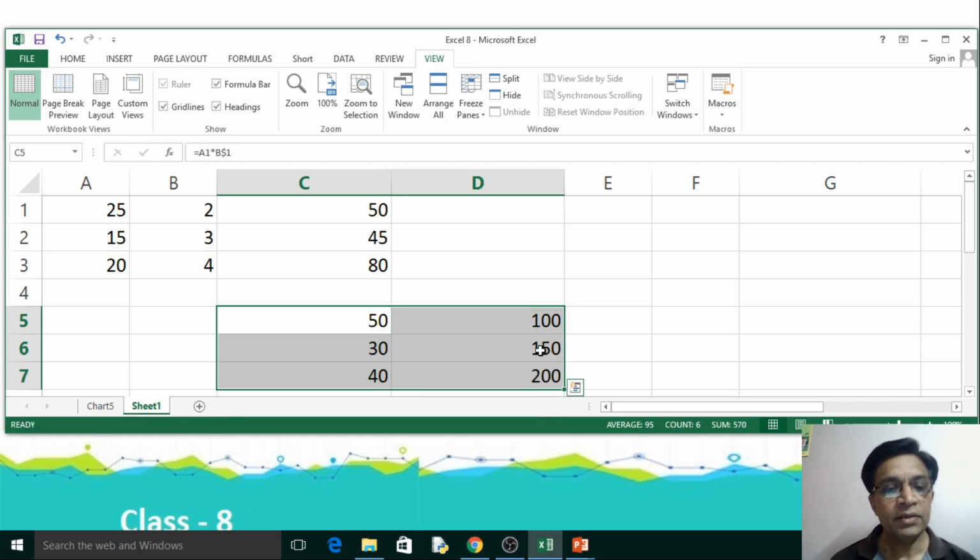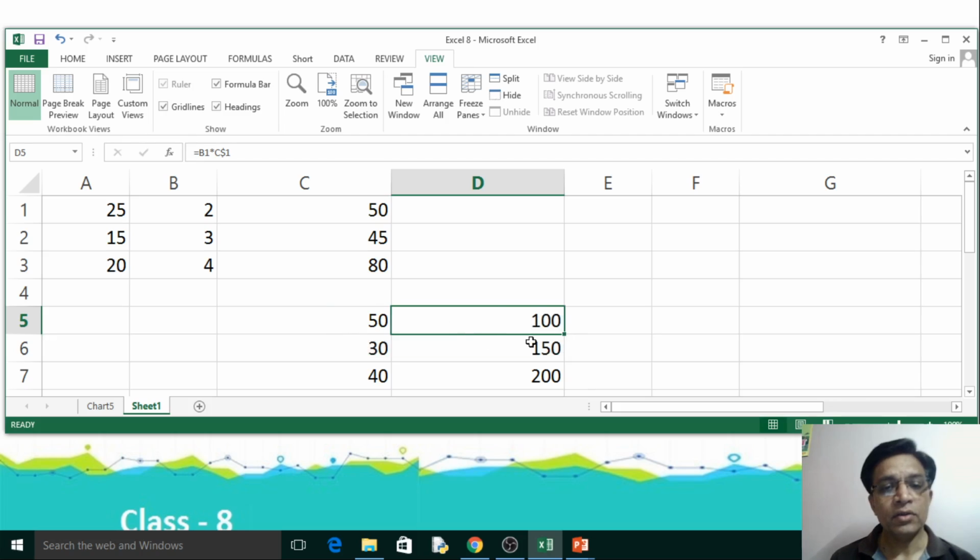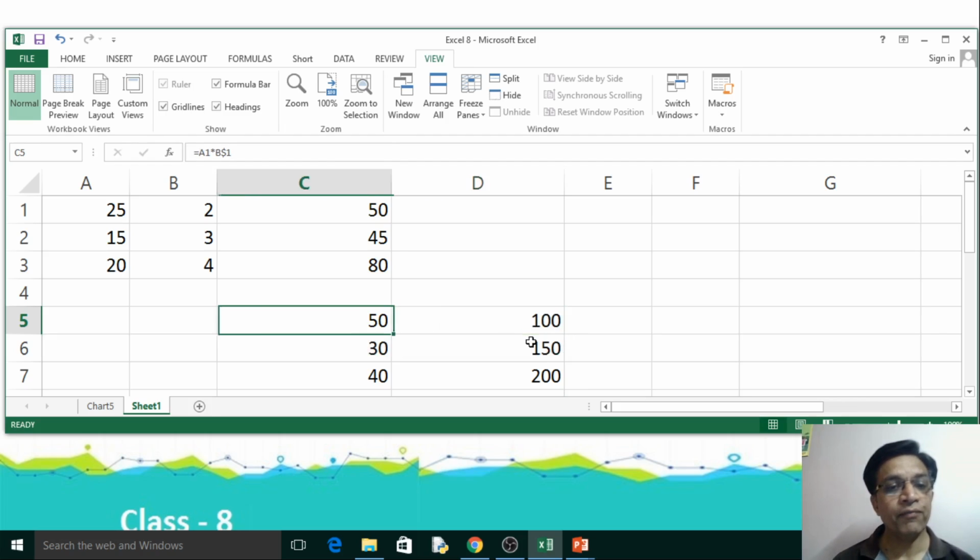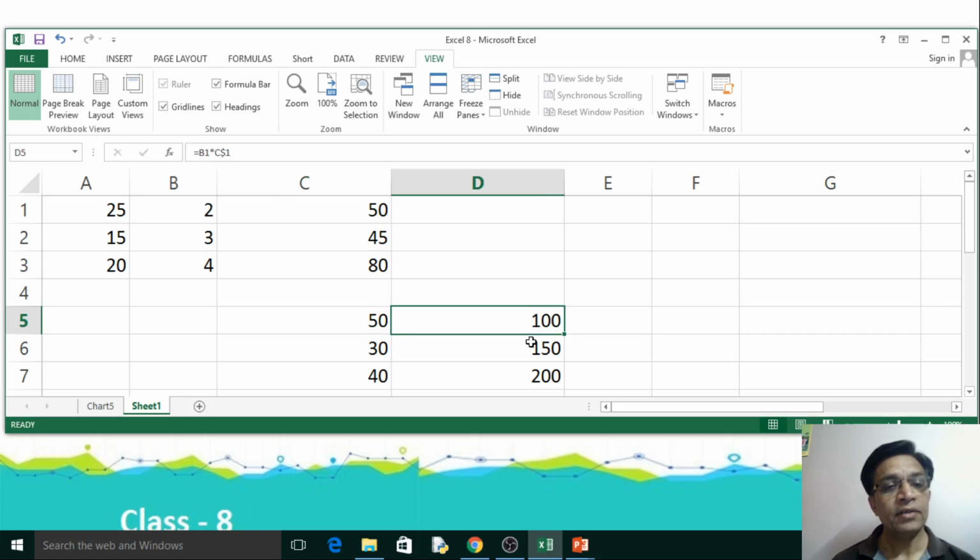So what is happening is the column changes: B changes to C, A1 changes to B1, and B1 changes to C1, isn't it? These two columns get shifted to the next, right?